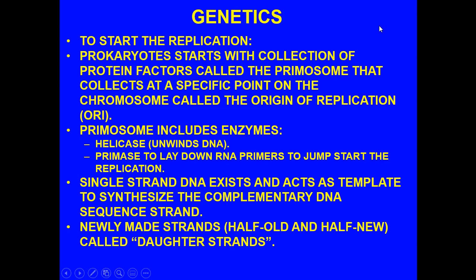Now, to start replication, prokaryotes start with a collection of protein factors called a primosome that collects at the specific point on the chromosome called the origin of replication. A primosome includes enzymes, helicase, which unwinds the DNA, primase, which lays down an RNA primer to jumpstart the replication process. Single-stranded DNA exists and acts as a template to synthesize the complementary DNA strand. Newly made strands, half old, half new, as I mentioned, are called daughter strands. Again, this is what I was referring to earlier with the semi-conservative